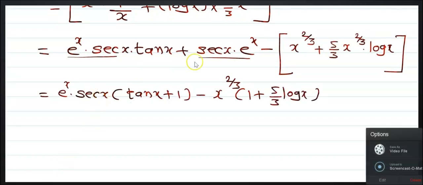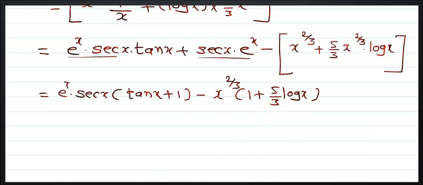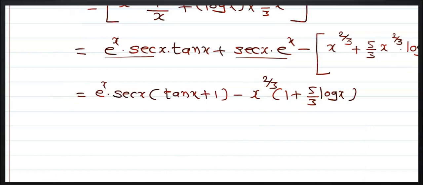That is from these two we will take e raised to x and sec x common. e raised to x into sec x in bracket tan of x plus 1 minus x raised to 3 by 2 in bracket, you will get 1 plus 5 by 2, 5 by 3 log of x divided by x equals to